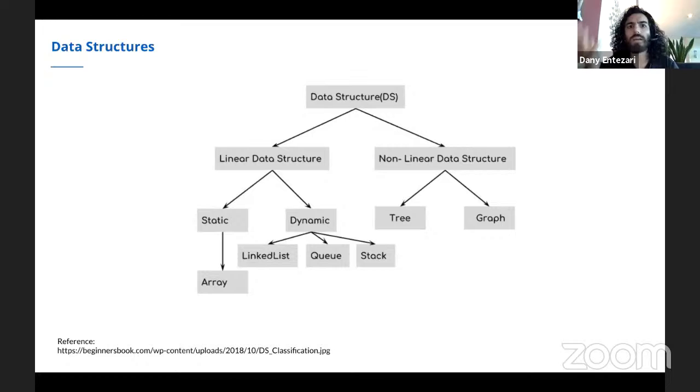So, pros and cons. Obviously, you will not be limited to one particular data structure. You will be using different ones depending on your needs, and in fact, you will be using a combination of them. And in some cases, you would even make up your own data structure. All right.